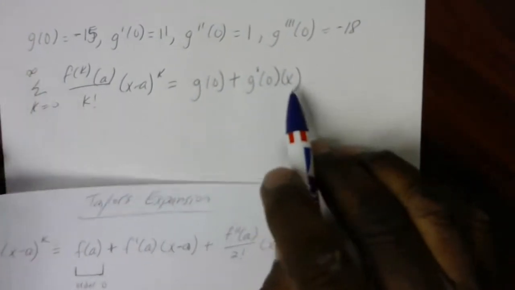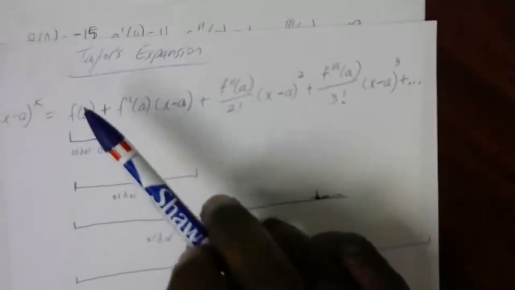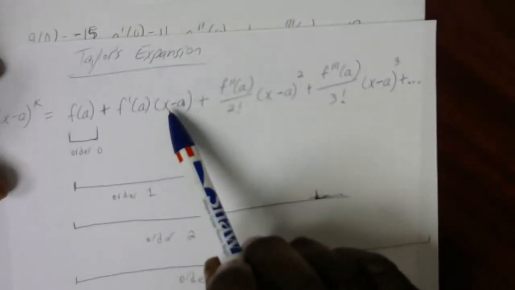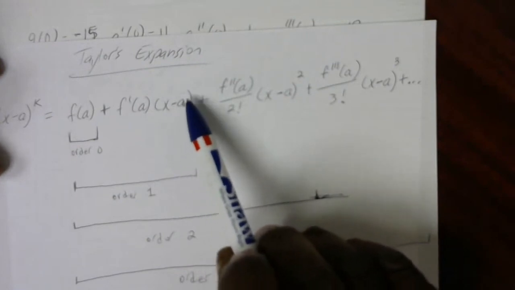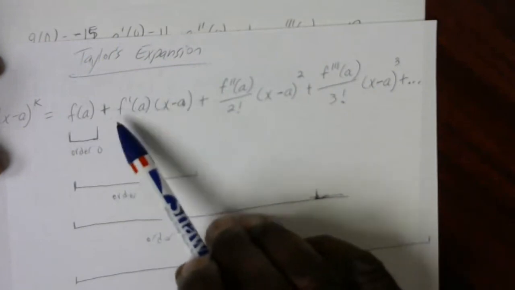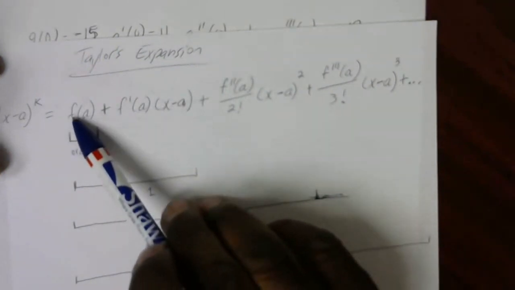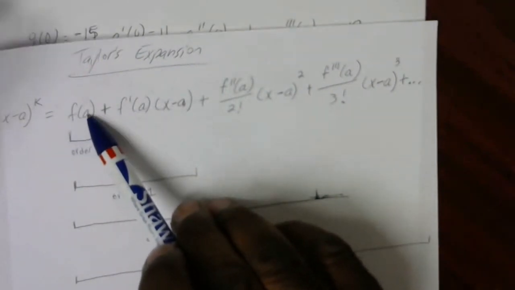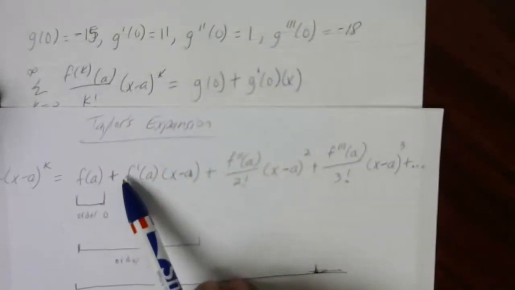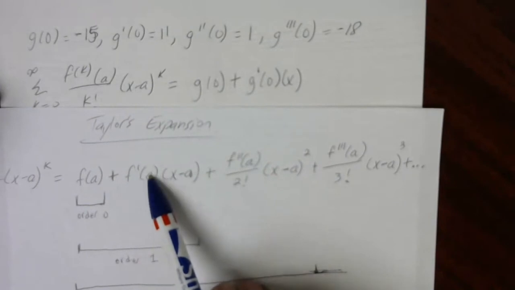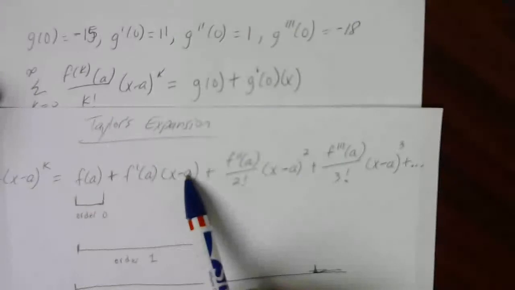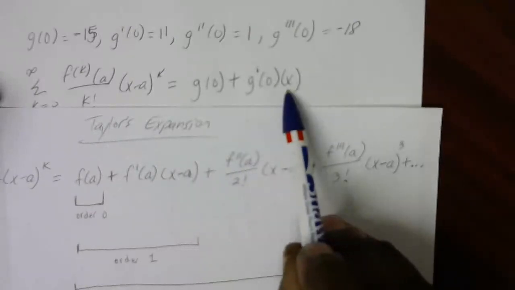I want to show you where I'm getting this from. If we go back to our expansion, remember the problem told us it's centered at 0. So if we stick in zeros for a, we would have g of 0 plus g prime of 0 times x minus 0, which is x,